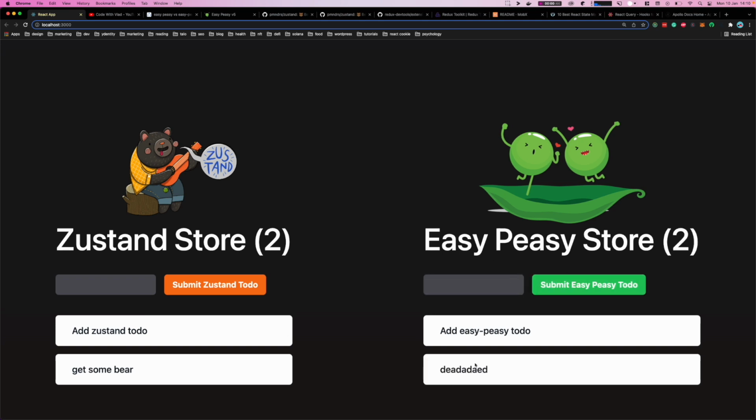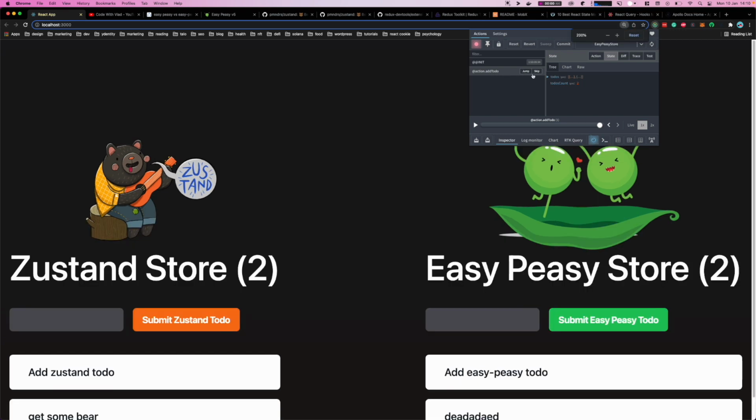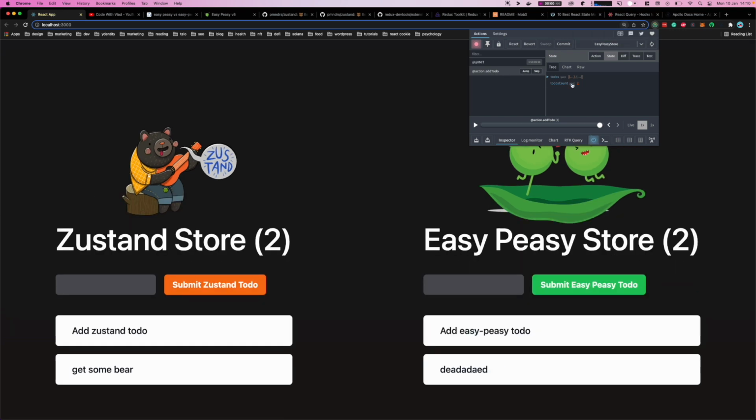I just added some to-do, and Easy Peasy comes by default with the Redux devtools enabled. So if I click here, we will see that we have our action name, add to-do. I can't really zoom in here, and we have our array here and to-dos count